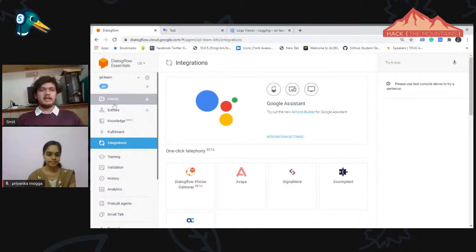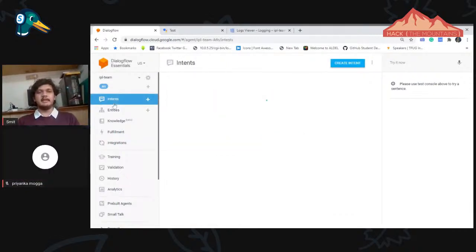Thank you. So as I said, some demo. I created a demo intent for this. This is a simple Dialogflow. This is a welcome intent, which is what the user will interact with in the chatbot. This is a fallback intent. If the user does not match any intent, it will trigger the fallback intent.